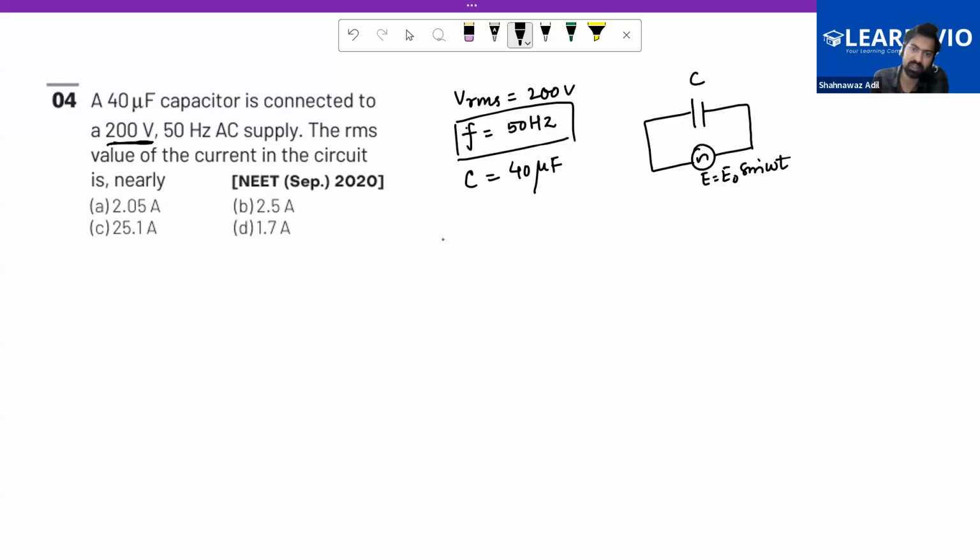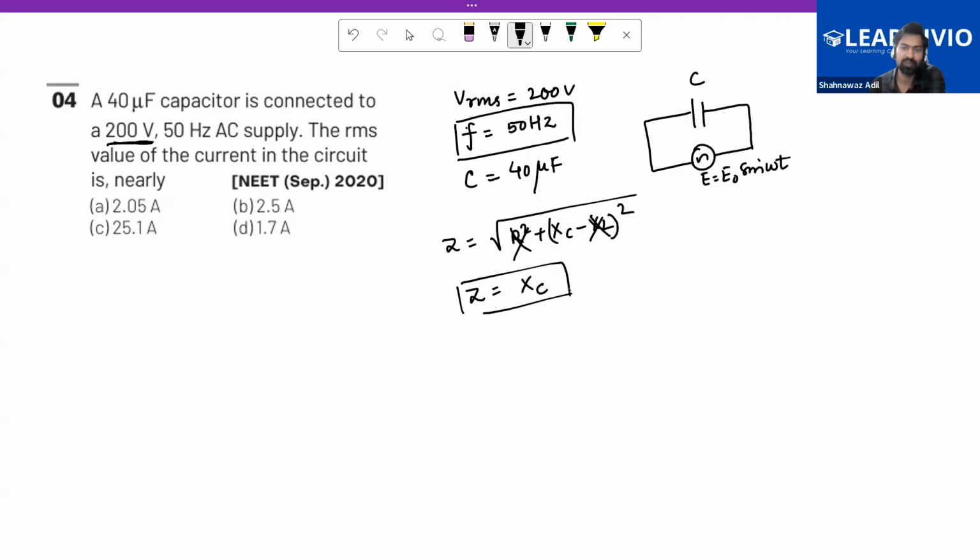Remember, what is Z? Z is square root of R square plus XC minus XL whole square. We don't have R, so this is 0. We don't have XL, this is 0. So Z is simply XC. This is the impedance, right? We have XC, which is the resistance, and we know that